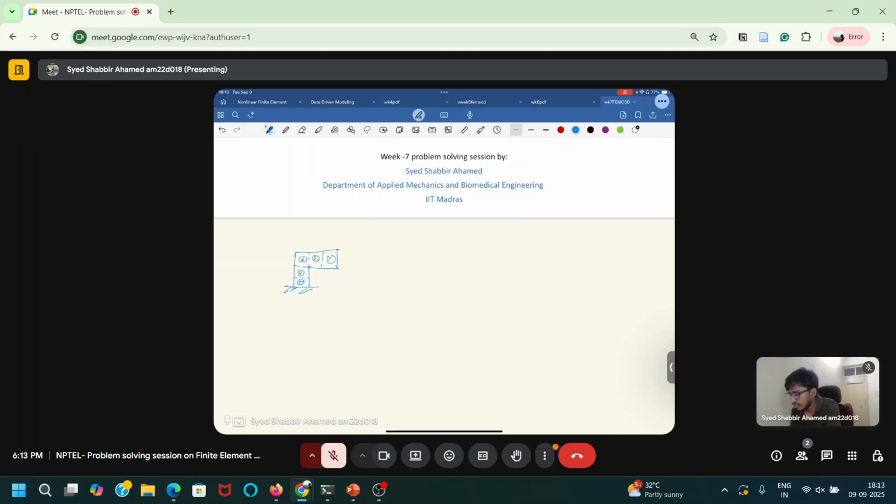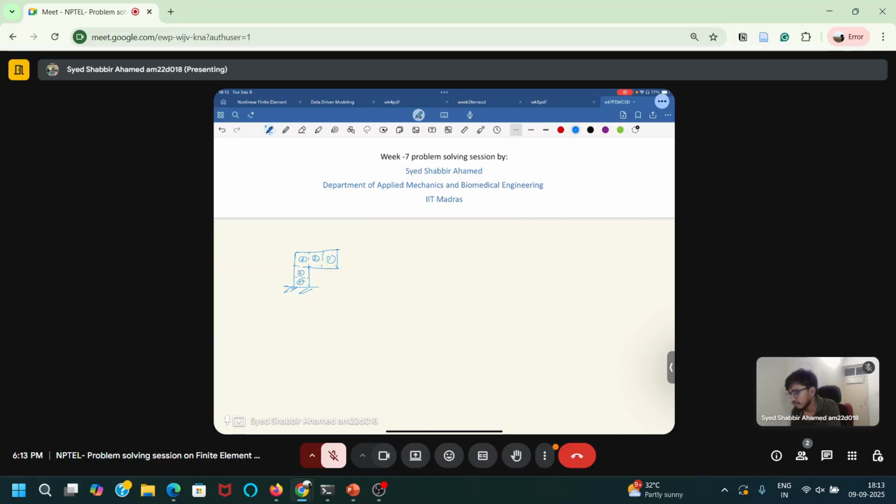Here it is not so difficult to integrate in the element domain. When we want to get the stiffness matrix and other traction or force related terms, we have to integrate on the element domain. Here it is not difficult because the domain we have is a regular domain, and